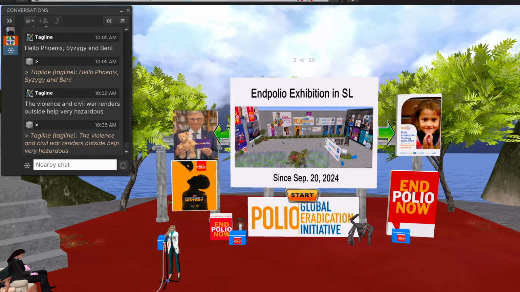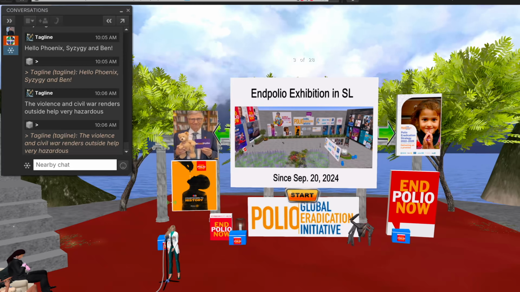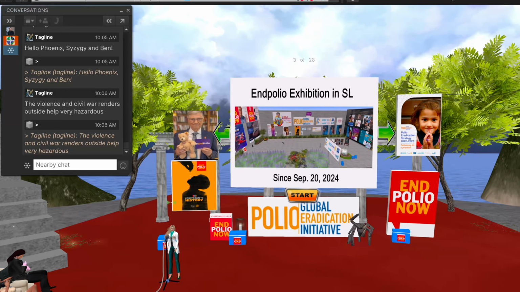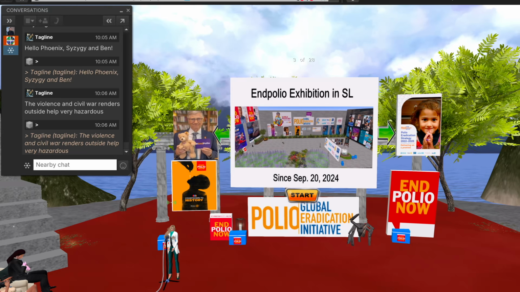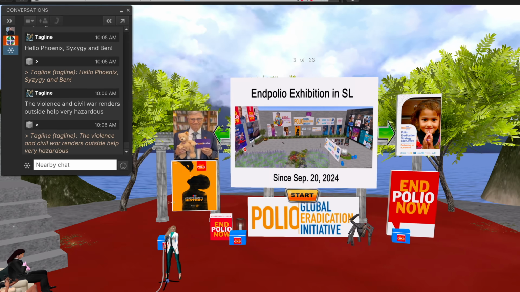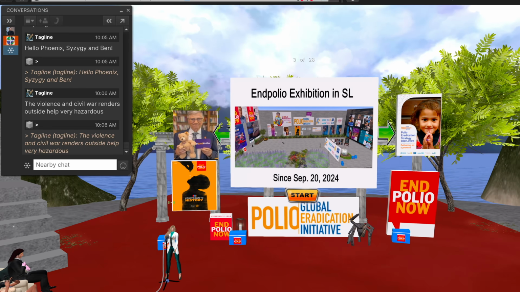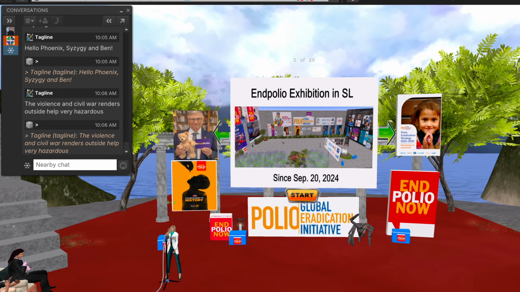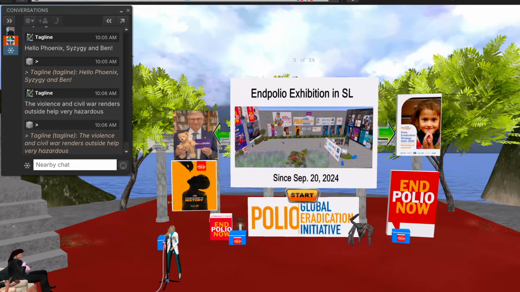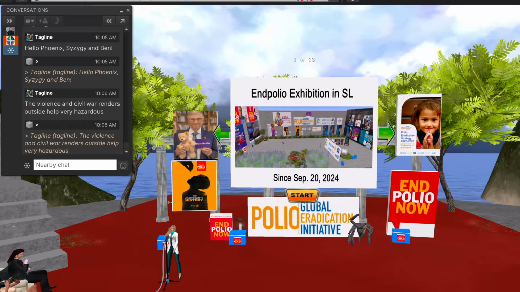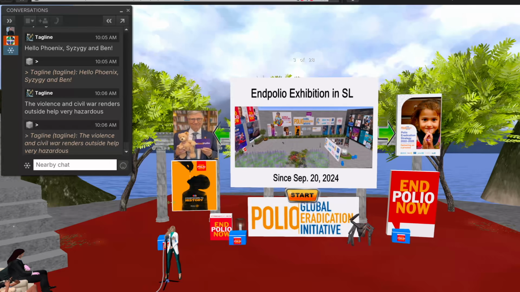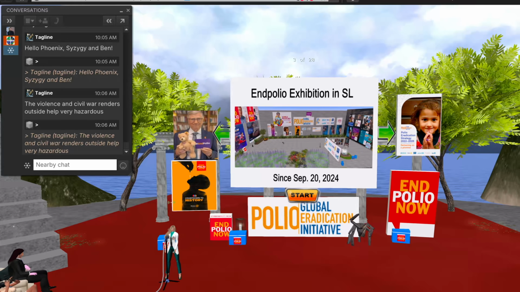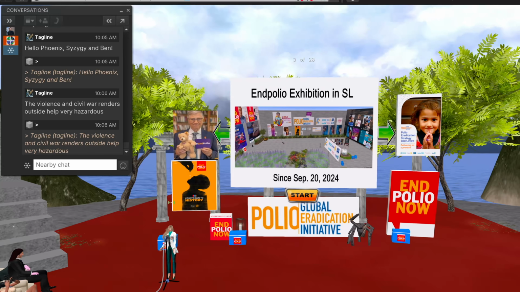The location was originally where I had once operated an art museum. I had closed the museum and given up the land after the sudden passing of a close friend I had met in Second Life. After several years of inactivity, the land had remained vacant, but I decided to rent it again and quietly resume my activities. 3 months later, several polio cases were reported in the Gaza Strip, which prompted me to rapidly expand the exhibition.